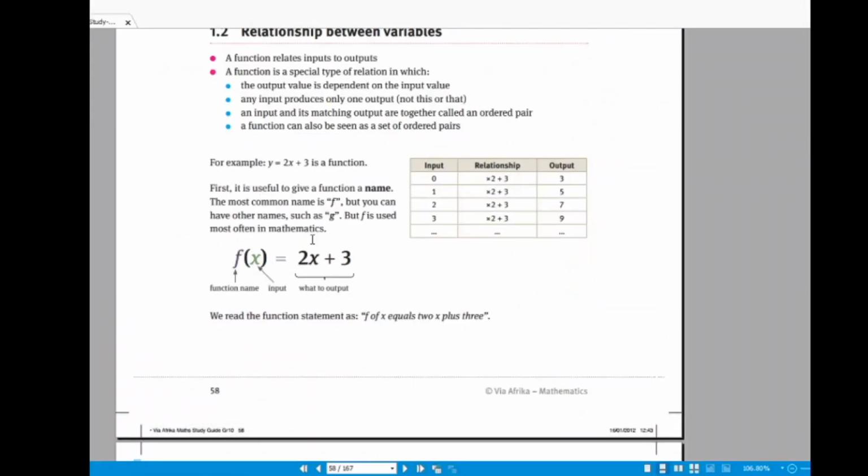At this point, don't worry too much about the context, but just try to understand it. But if you don't fully understand what I'm saying, don't worry, it will make more sense as we do examples or attempt past question papers, right? So this is purely for understanding what it means